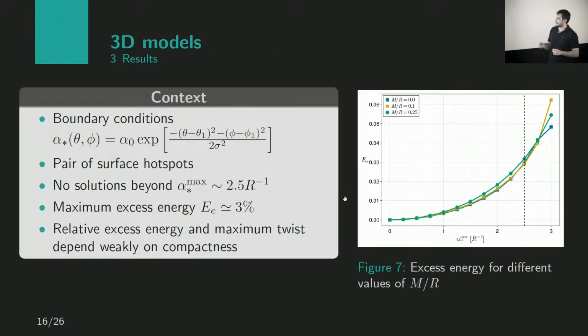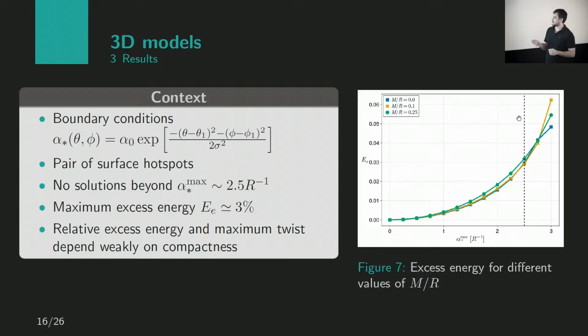Okay. We move on to 3D models, which with the GR corrections is the first time that someone solved this problem. In this case, we impose boundary conditions, the same dipole field at the surface, but for the current, we just choose a small region at the surface where you have currents flowing from the interior, and this will give rise to a flux tube, let's say, of twisted magnetospheric lines that close at some other hotspot in the other hemisphere. I will show a picture of such solutions in the next slide. So we have here a pair of hotspots.